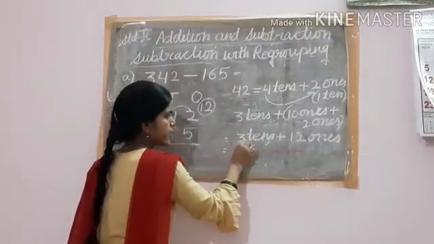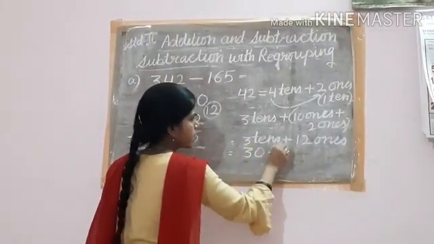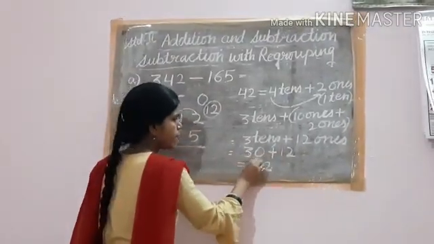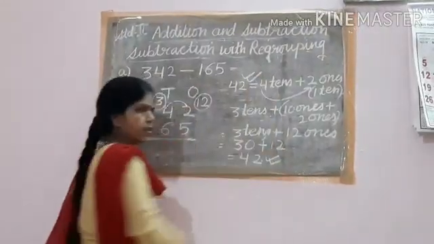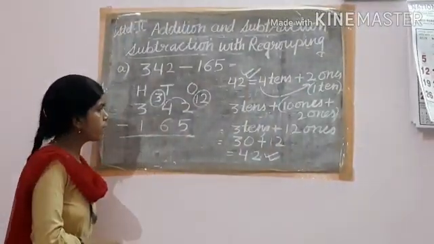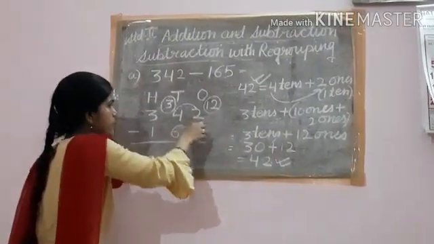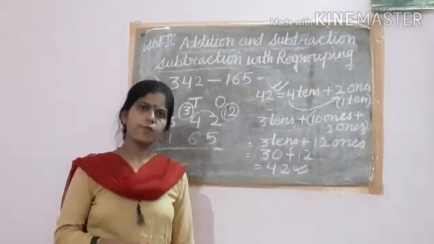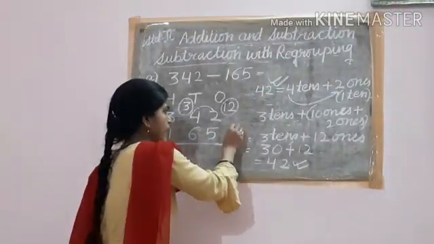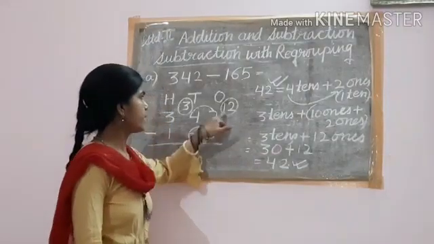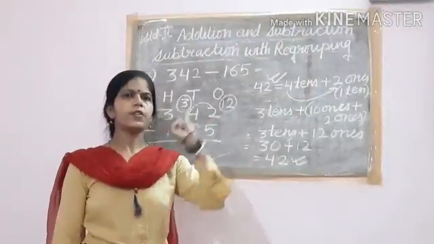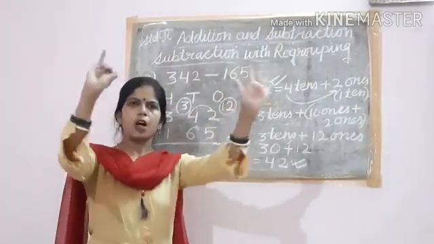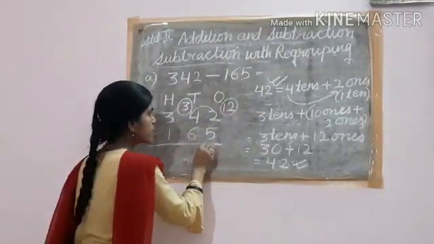And if you count, it also comes the same, 42. Let us see: 3 tens is 30, plus 12. 2 plus 0, 2, and 1 and 3, 4. See, the same is coming. Here we have used the concept of regrouping. So now from 12 ones, 5 ones you can easily subtract. How to do it? If you don't know, use your fingers or make small lines and you can do it. So count after 5 till 12: 6, 7, 8, 9, 10, 11, 12. How many fingers? 7. So here 7 ones.